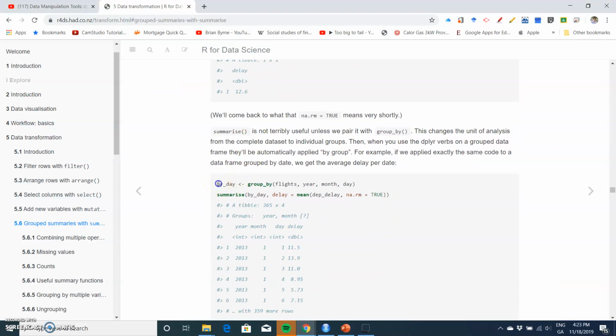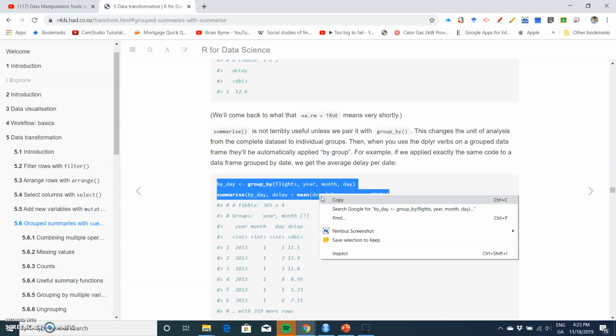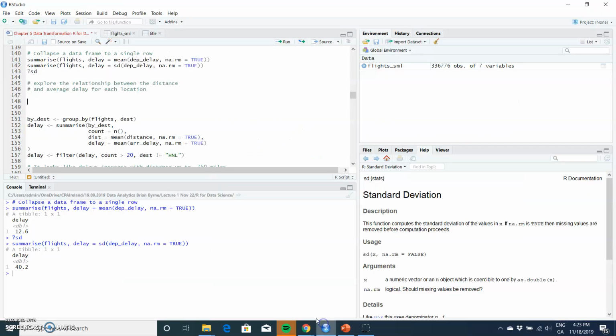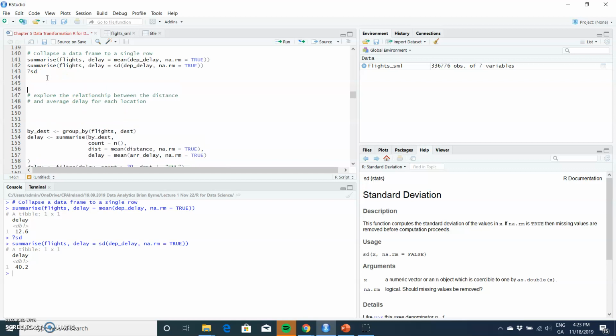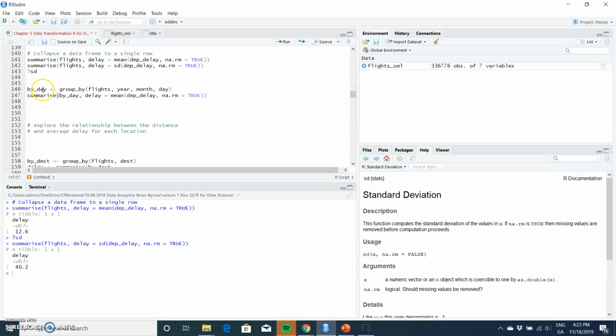So by day, we want to get the average delay, the mean level of the delay, not for the whole year, but by day. So go into RStudio and paste in, perhaps here, paste. Okay, and let's run